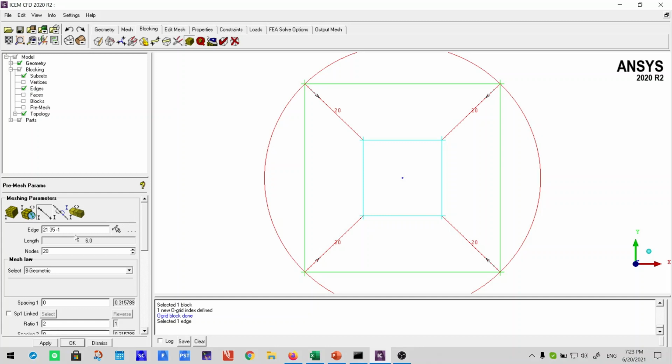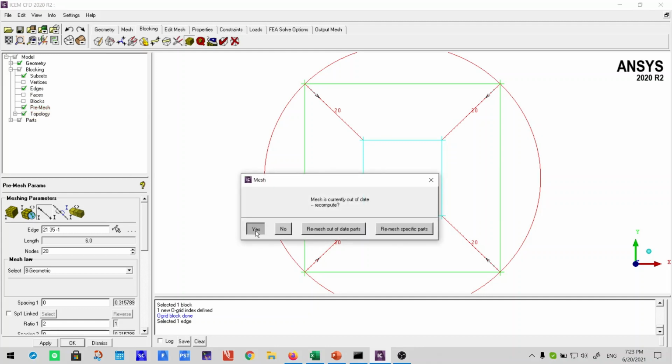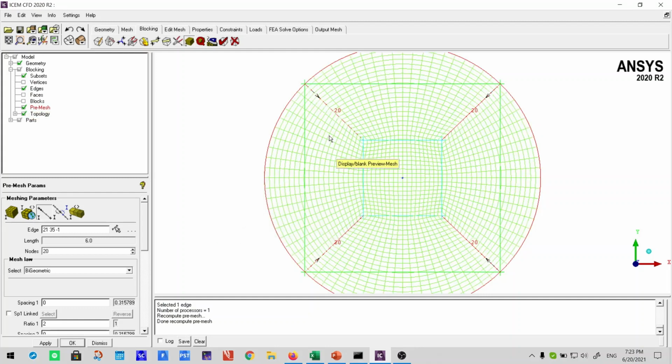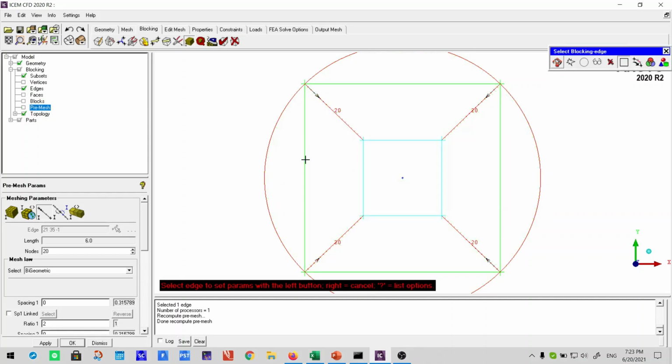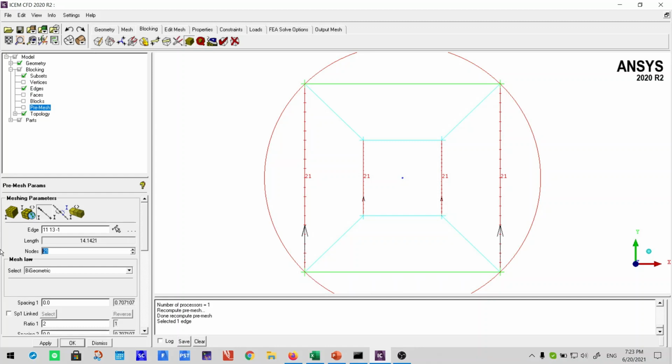So let me show you how it is done. Premesh, let me turn it on, say yes. This is how you can see. Now this one actually should not have been done this side, because we've already created some parameters. Let me show you how it should look. I've created 21 here. I should be creating only 2, so that you can see the default values also. I'm going to select 2 only, and now you can see, let me turn it on